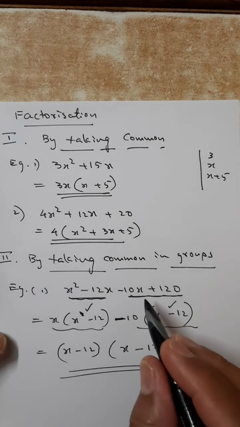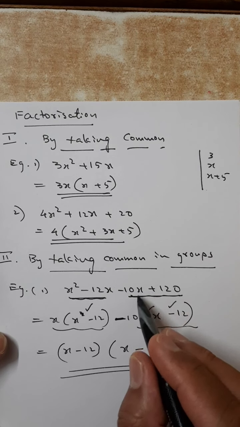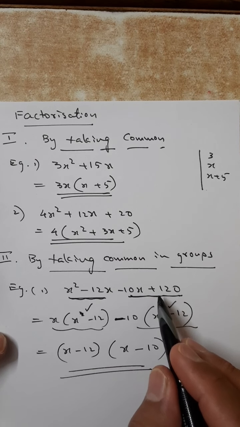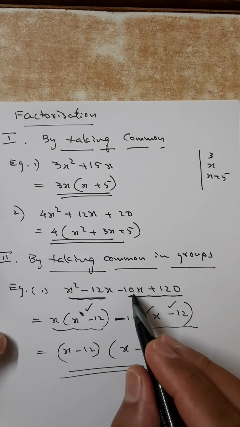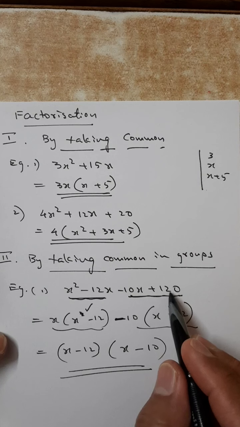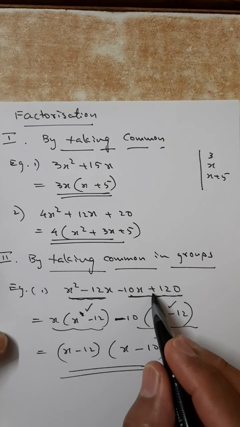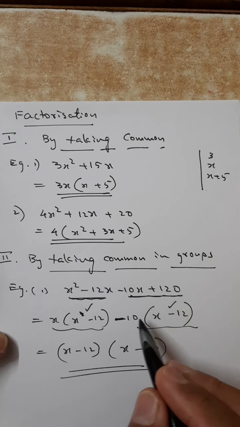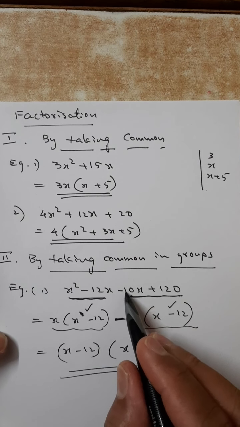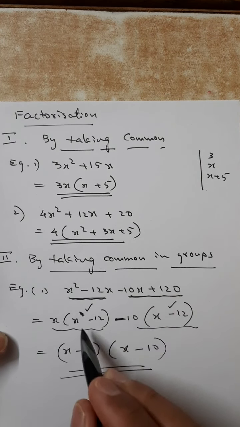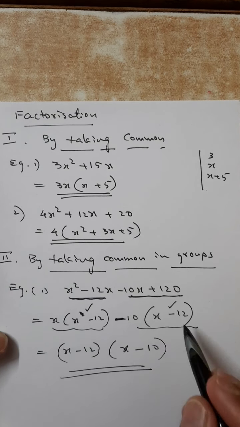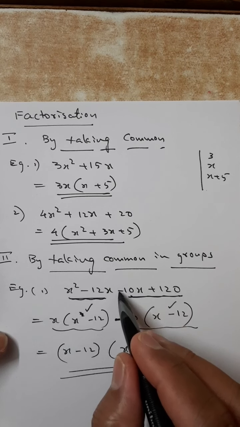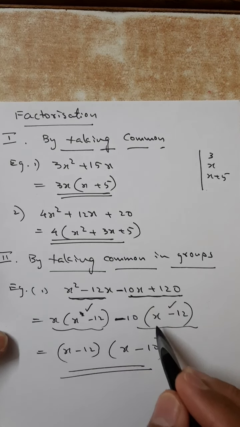Some of you got confused here, thinking: from where is minus 10 taken common? Is there minus 10 common? 10 is common, there is no doubt. 10 ones are 10. Here 10 into 12 is 120. Minus 10 is there or not? If plus 10 is common, I will get a minus x inside. I don't want minus x inside. I need x minus 12. So minus 10 I am taking outside. Here minus 10 is there, so the balance is x.